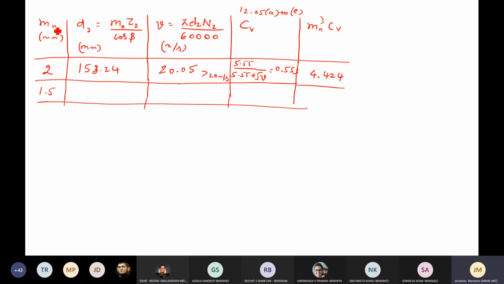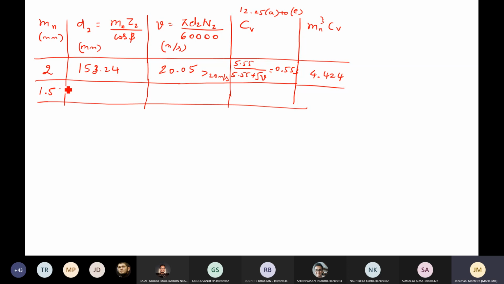Whatever you are selecting, always go with preferred choice 1, whether it is helical or spur gear. You may have 1.75 in preferred choice 2, but we are not going to that unless it is extremely necessary. Whereas if you have diameter constraint, center distance constraint, or even the face width is constrained, then you will go with choice 2 to satisfy that particular parameter lastly. Otherwise, always go with choice 1.